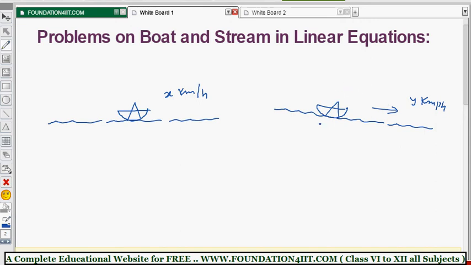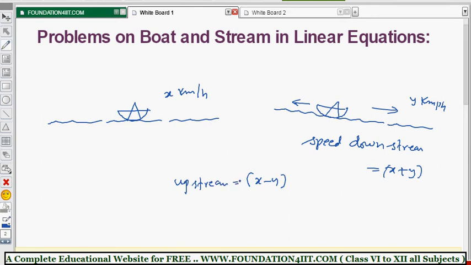To calculate the speed downstream, we should add x plus y, because boat speed plus water speed we need to add. In case the boat is coming upwards, you have to subtract. So x minus y, this is upstream,